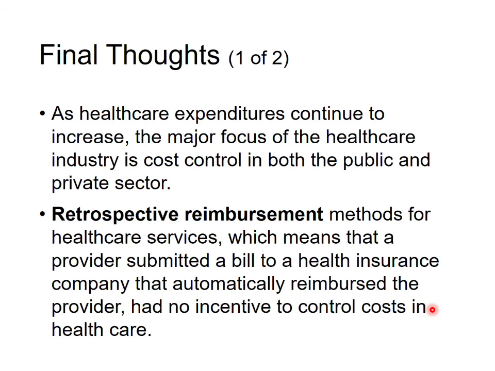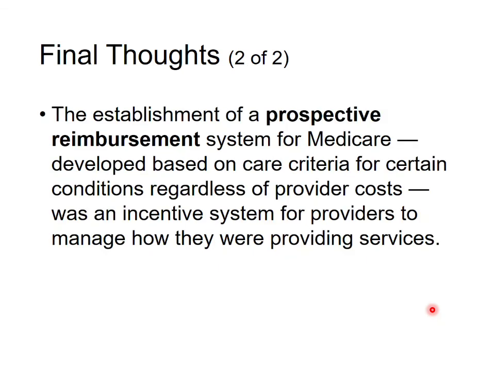Initially, there was this retrospective reimbursement method where the healthcare provider would say, okay, these were the costs associated with caring for an individual, but now this has changed more towards the prospective reimbursement system, which would hold healthcare providers more accountable and give them more incentive to improve and make their healthcare provision more cost